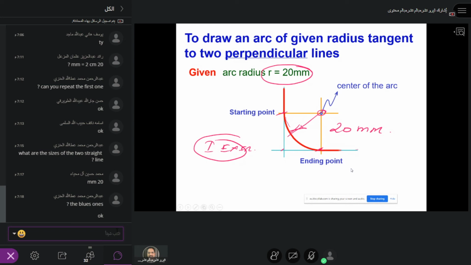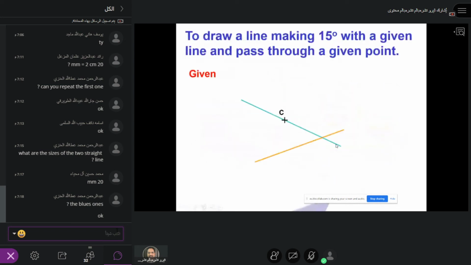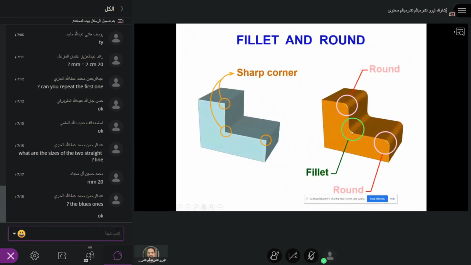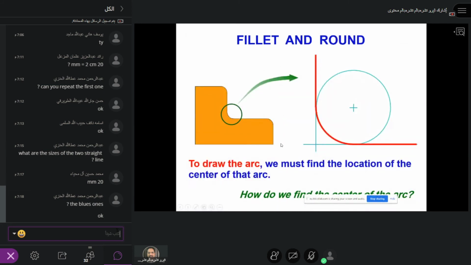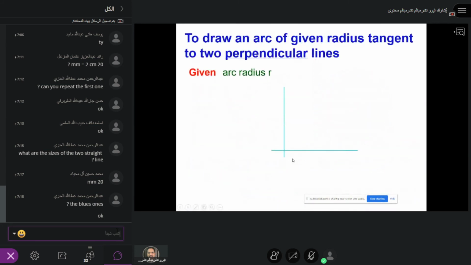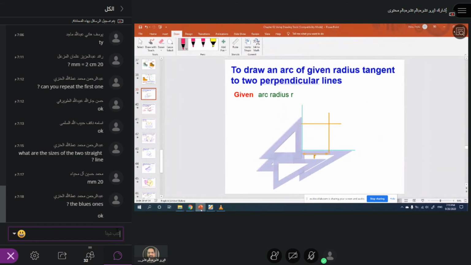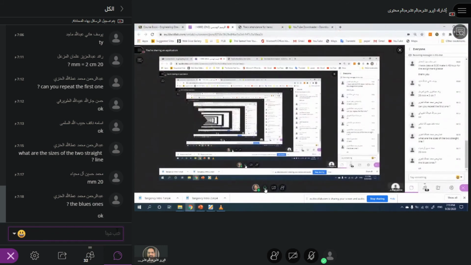You know why we are doing this? Do you have any idea? Because of this, we are making this radius. You understand? So that's why we are doing this. We are making this radius here. Okay? Hope you understand that. Correct? All clear?